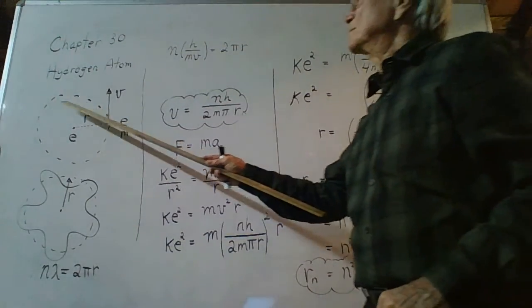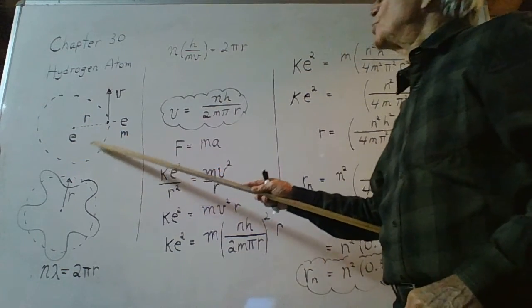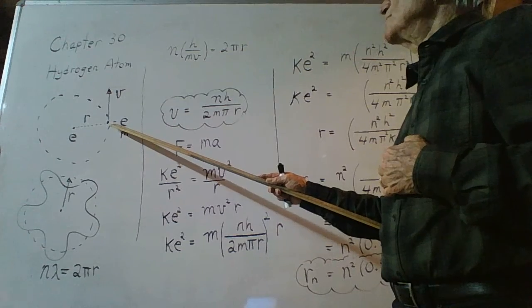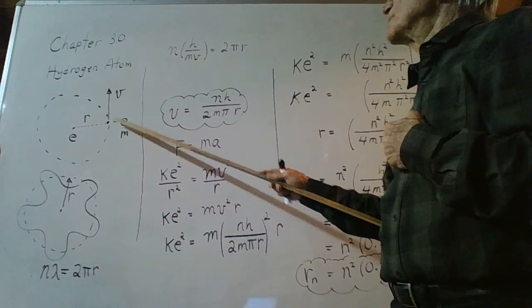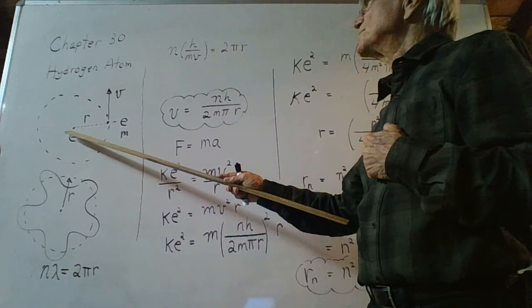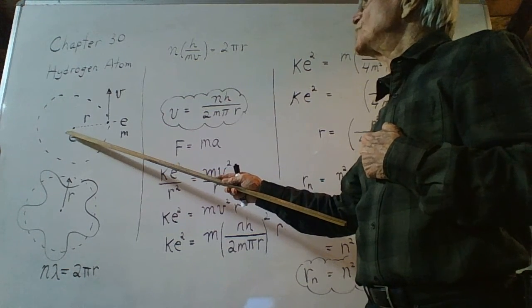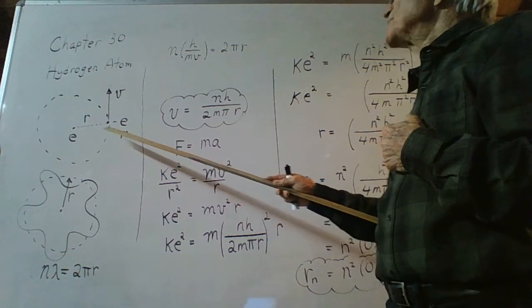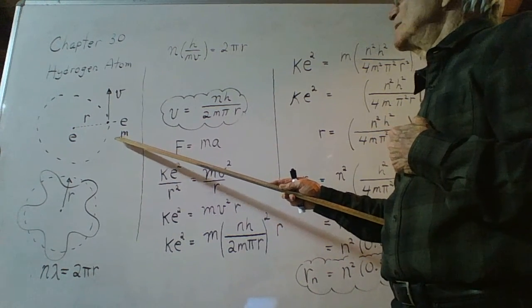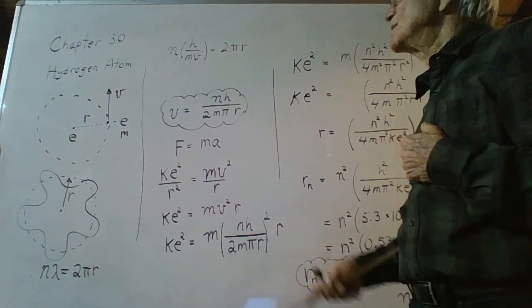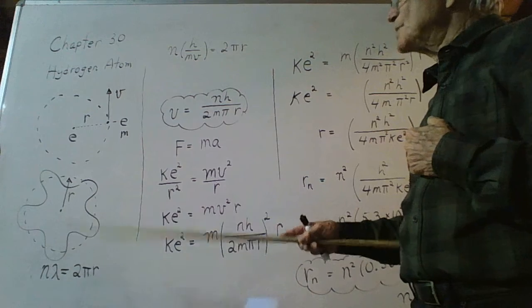I show a circular orbit around which the electron with a negative charge, negative e, is orbiting. At the center of that circle is the attracting proton. The radius of the circle is r. The mass of the electron is m. The values of m, r, and e are known. I won't state them here. For the record, I will say that